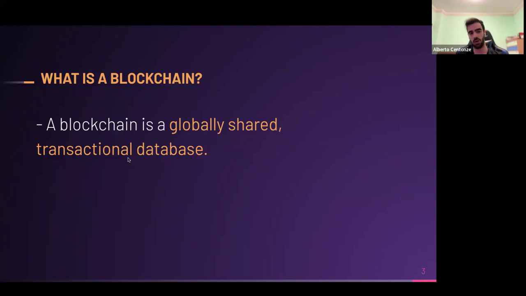So every time you want to interact, you do a transaction. It doesn't need to be an economic transaction. It could just be a change of something. If you're changing a value, even if it's not an economic value, but maybe I have a ticket or not, that still counts as a transaction. And it's globally shared. Globally shared means that it's usually public and available to everyone to check. So you can always verify the content inside the blockchain.